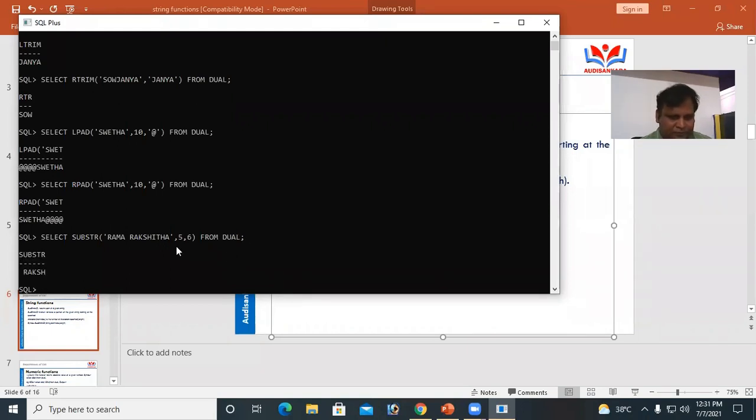Here Raksh: 1, 2, 3, 4. The 5th index position is R. This is the starting position. Total we require 5 characters.